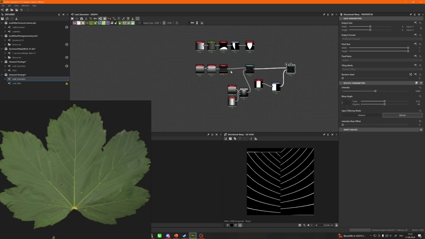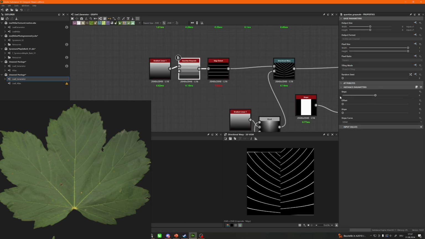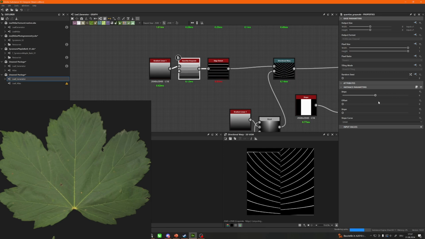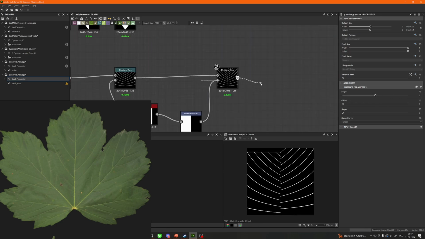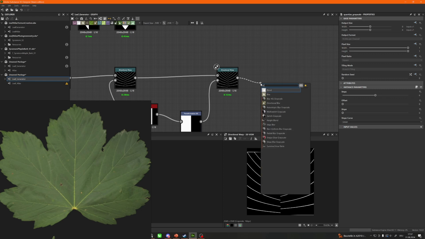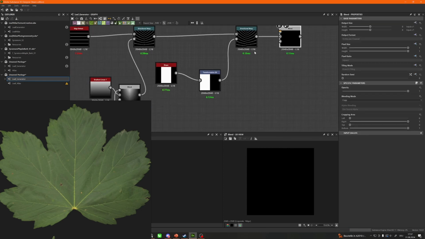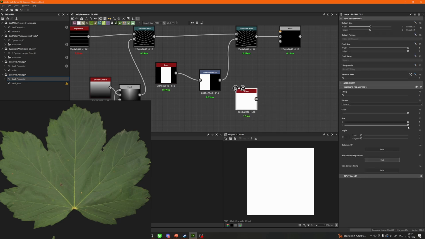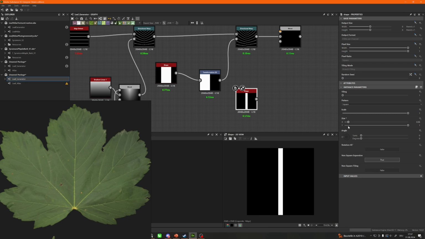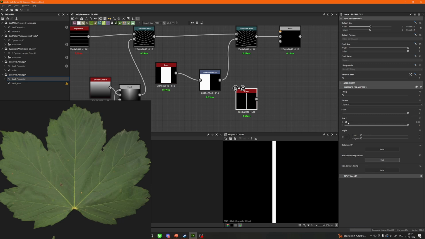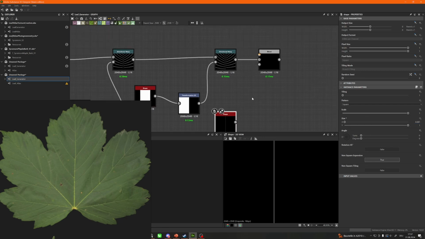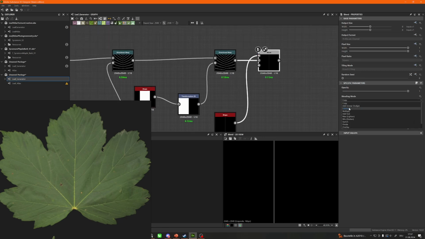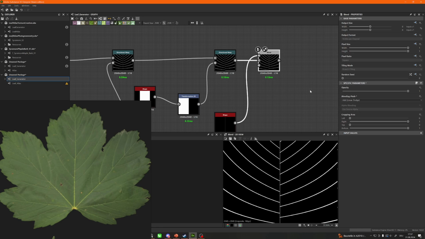And now you can already see that by using the quantized grayscale steps, we can control the amount of veins that your leaf will have. And now the only thing that is missing is a midrib, and that can be easily added as well by blending another shape to this. Want to scale it down to probably 0.001 and just add it to this one. All right, maybe